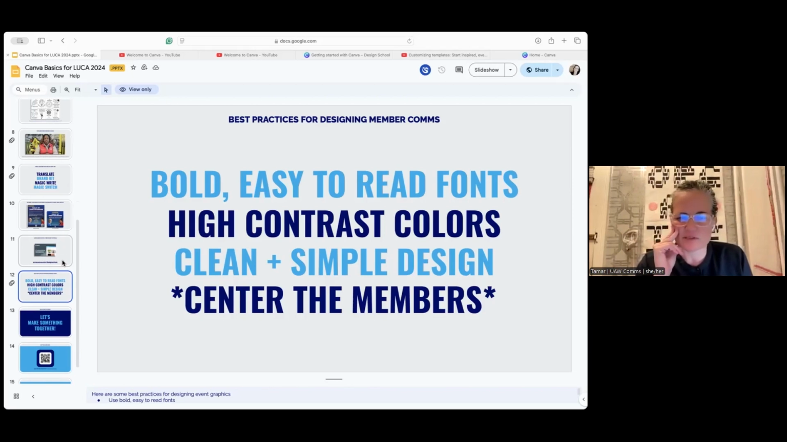communications for members. So it's important to make anything that you're making really easy for people to understand and take in. So what really helps is fonts that are bold and easy to read, high contrast colors so that people can see what you've created, even if they have any vision issues or anything like that. And then keeping the design really clean and simple so it's not distracting and you can just focus on the